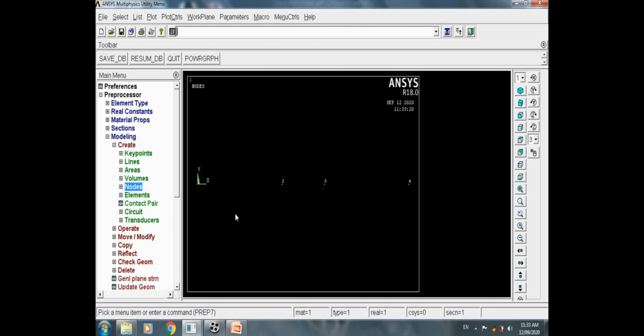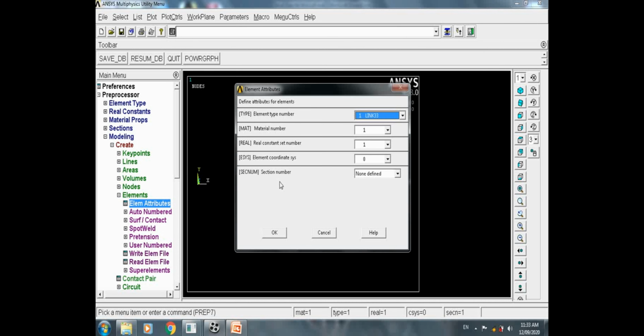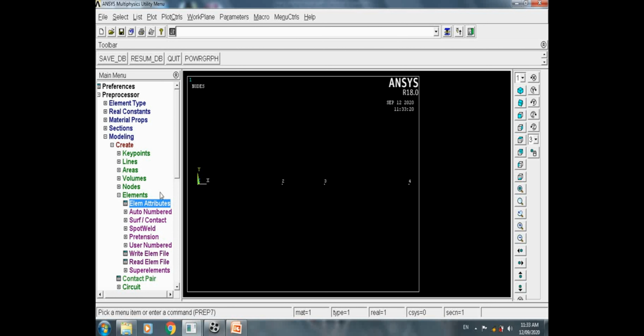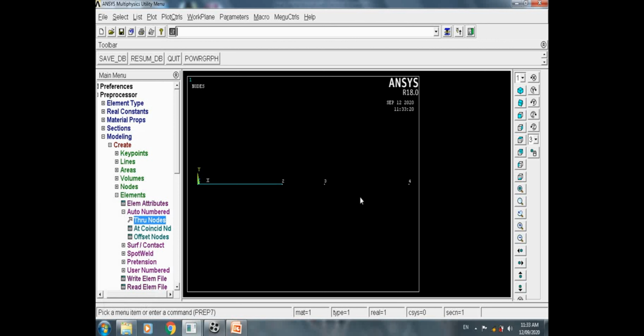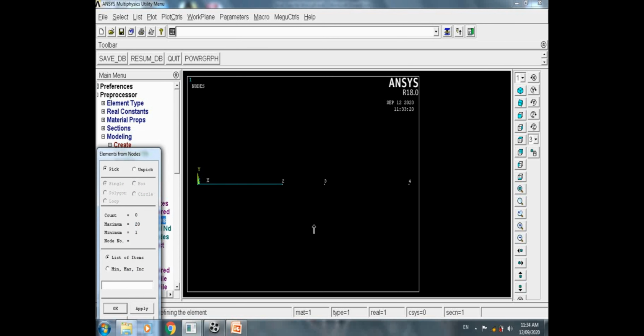I will create the elements. The first element and third element are the brick elements, and the second element with nodes 2, 3 will be insulation. So in element, we will go to the element attribute. We will see the real constant set number. The real constant set is nothing but cross section area, that is constant for all 3 elements. We will take material number 1 as brick, and we will define element number 1 and element number 3. First element, that is the brick element between node 1, 2, that we have done. Also we will create the third element which is the same, a brick element with node 3 and 4.